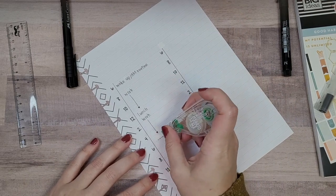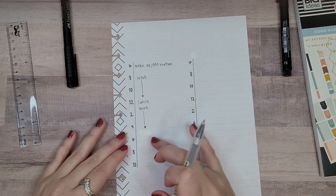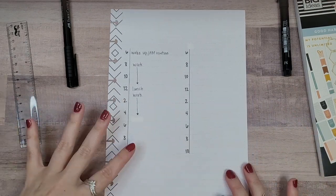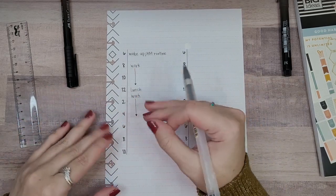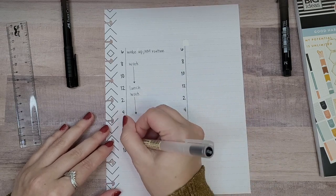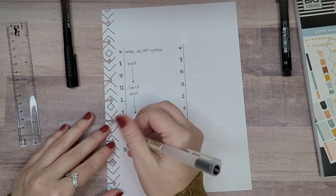So this might not end up being the prettiest thing to look at, but it's going to be functional, which is the main purpose here. I'm going to wait a second to write on that, because with this pen, it sometimes will tear up the whiteout if you don't wait a second. So I'm just going to wait. And I'm going to move down here. And this is going to be